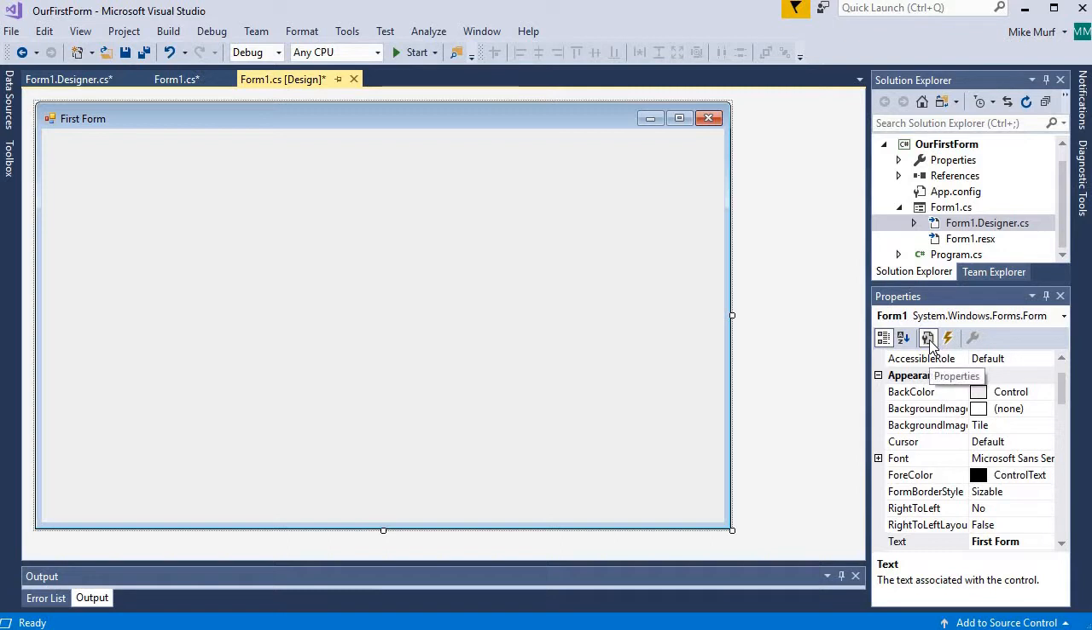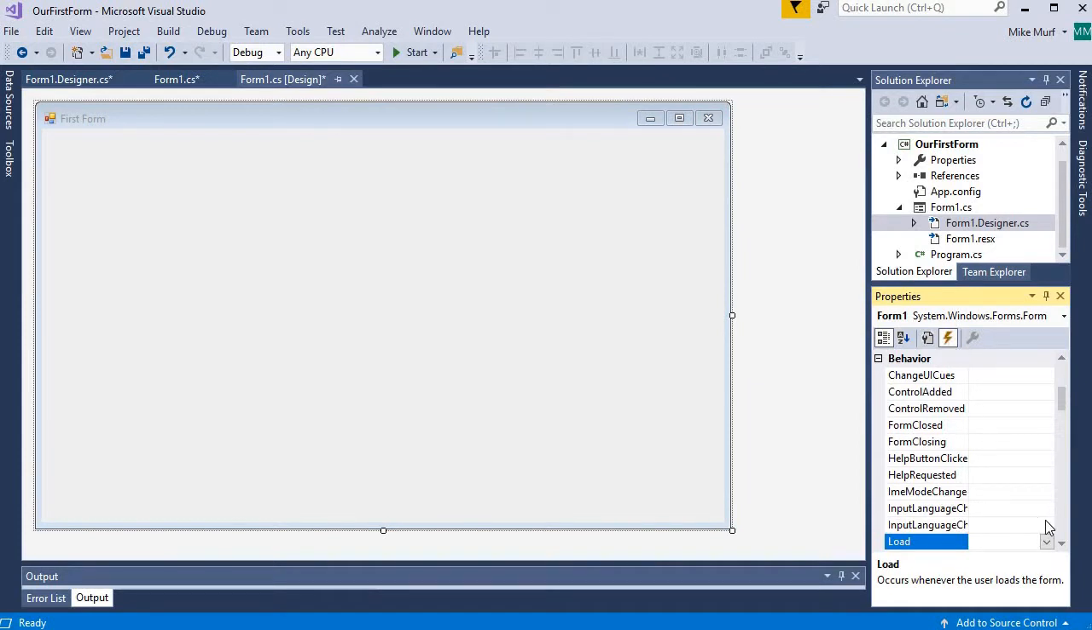Now, in my properties window, I see this little wrench and document image. This represents all the properties of my form, but the little lightning bolt next to it represents the events that I can register with this form. So let me click on the events, and let's see the types of events we can register with a form